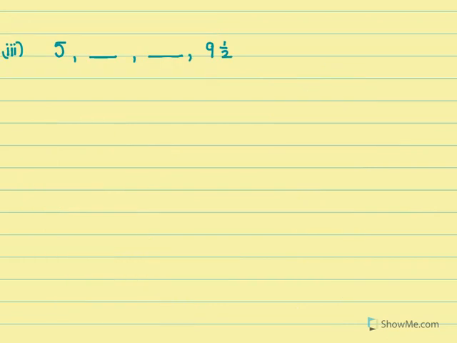So here we have, this is my first term A1, this is the second term which I need to find, third term, and the fourth term is given. So let's go ahead now. A equal to 5 is my first term. And for my A4, we know A4 is 9.5. So my fourth term is